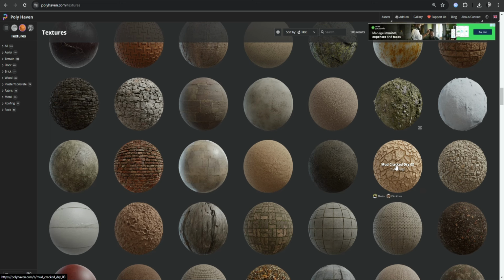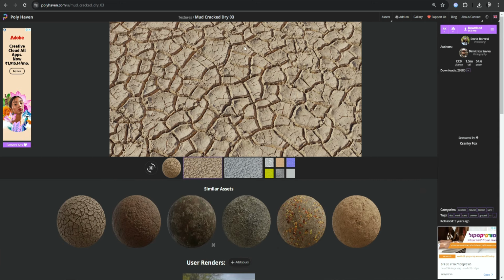I'm just going to click on it, and over here we can see how it looks. It has a very natural, very realistic look. Of course, it comes with a normal map, so you can have this 3D style, and it's not just going to be flat. And over here you can download different versions, but if you click on download, it will download